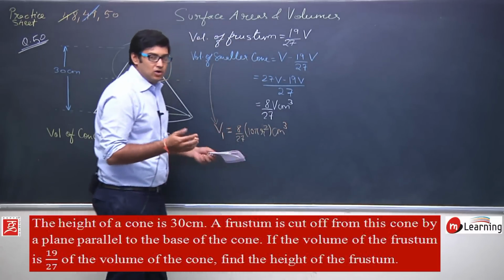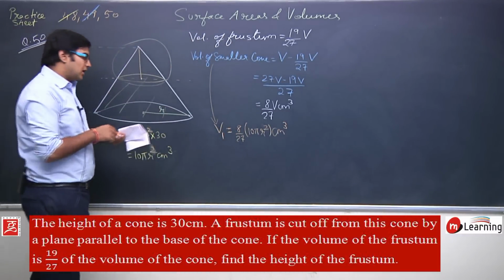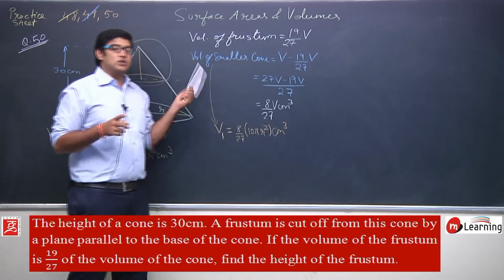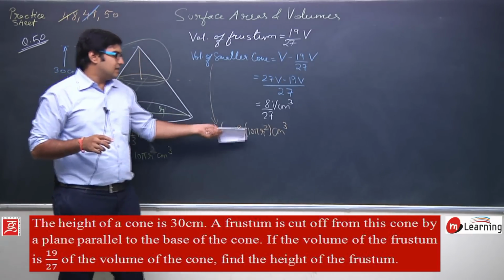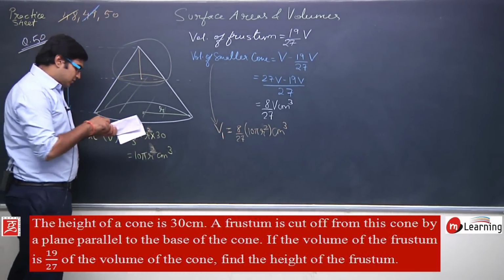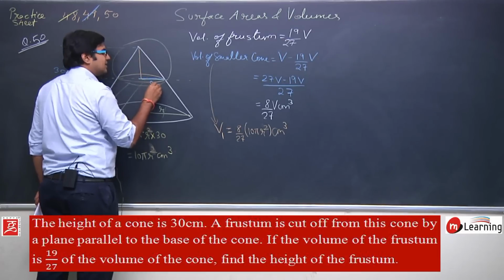This is the volume of the smaller cone that I have. Now this is the volume of the smaller cone in terms of the larger cone, because I can see 10 pi R. R is basically the radius of the larger cone. If I ask you what is the radius of this smaller cone, let us say this is R1,